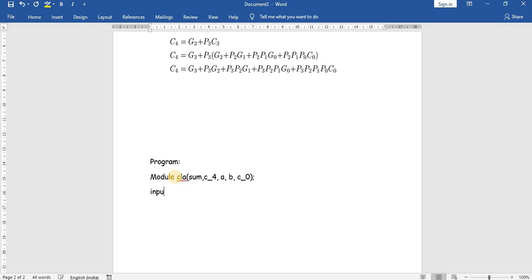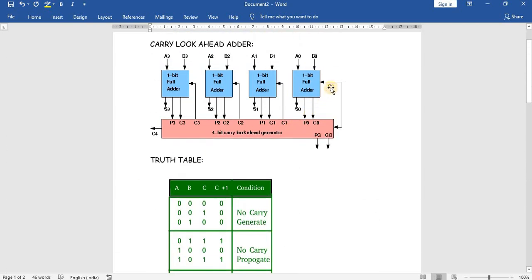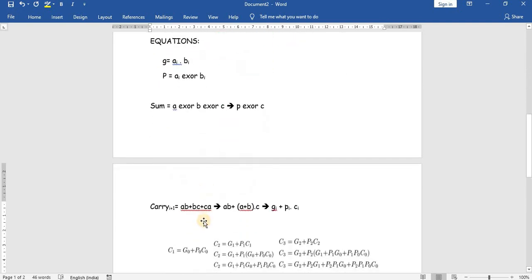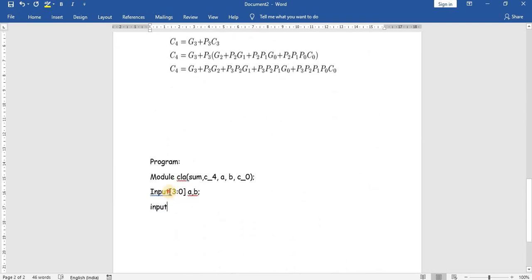The inputs are going to be 4-bit, since we will perform a 4-bit carry lookahead adder. So input 3 down to 0, A comma B, and the input is C0, the carry in. The inputs are A0, B0, A1, B1, A2, B2, A3, B3.